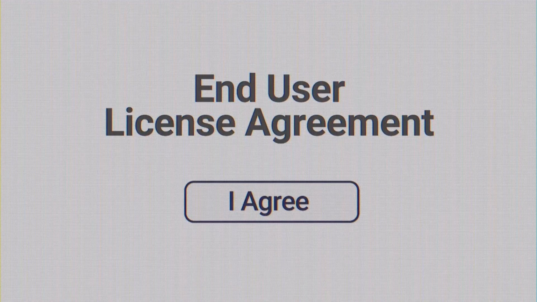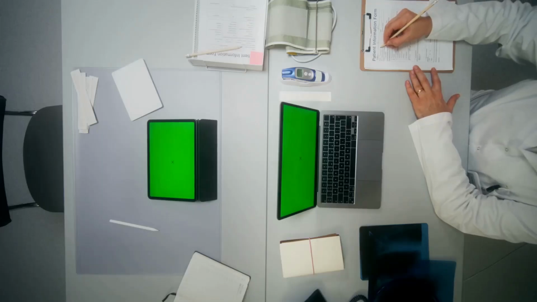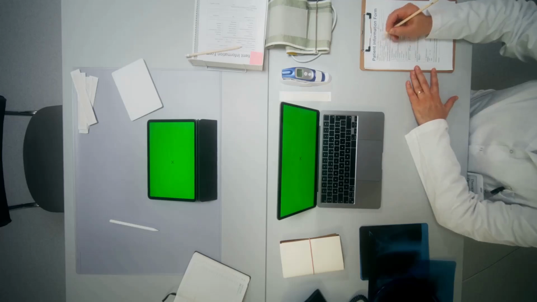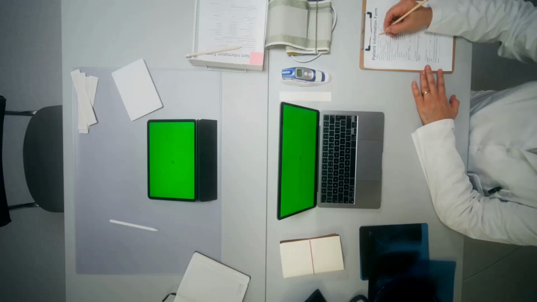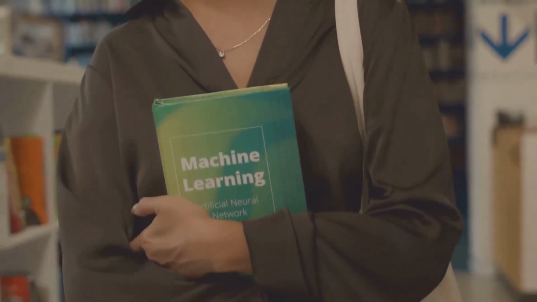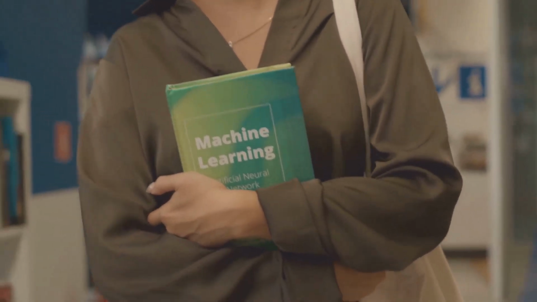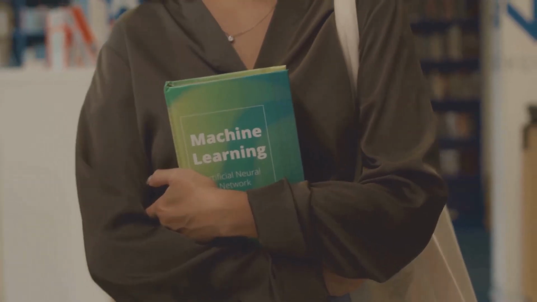PLR stands for Private Label Rights, which is a type of license that lets you take existing content, like ebooks, articles, checklists, and courses, and edit, brand, and even sell them as your own within the scope of the license. In simple terms, you're allowed to modify the content, change the structure, add your name or brand, and package it for your audience as long as you follow the specific PLR license terms from the seller. PLR is great because it gives you a head start, it saves research time, and it helps you launch products faster, but it also means many other people might have the same base content, which is exactly why full customization